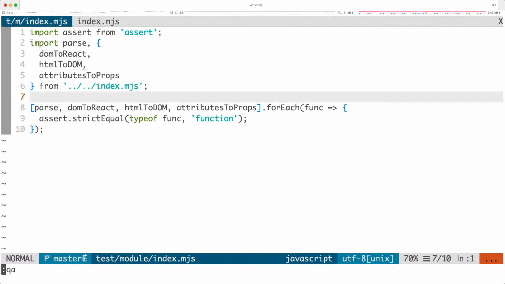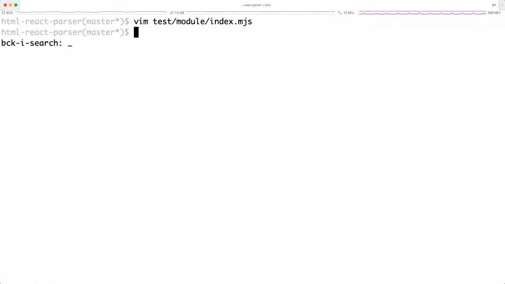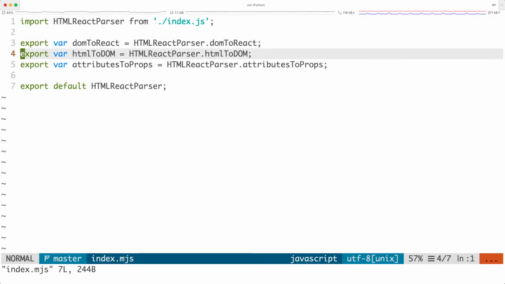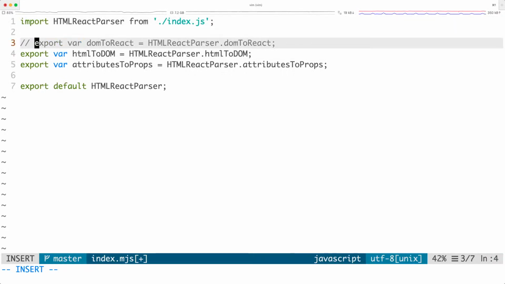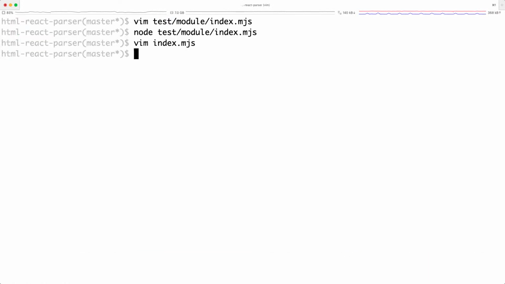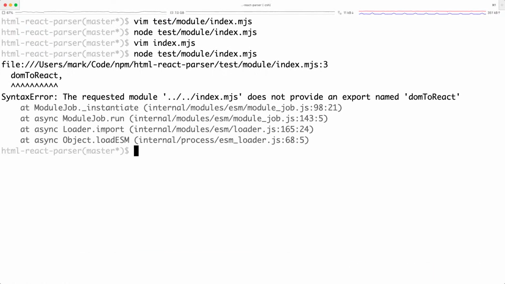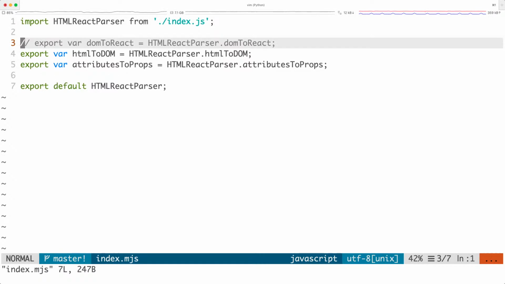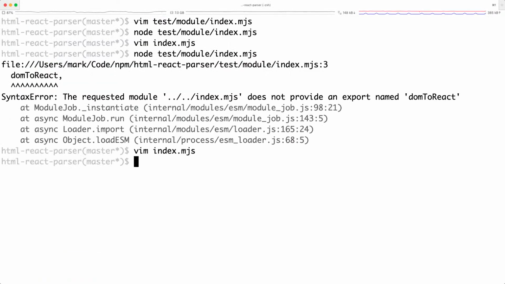And if I run it again using the node test modules, you'll see there's no error. And just to do a quick sanity check, to make sure that this will catch it if, let's say, I accidentally forget to export DOM to React. So I'm saving this file. If I run this, boom, it will give me a syntax error, and this should fail the test. Great. So let me undo the comment out on line number 3, save the file again,